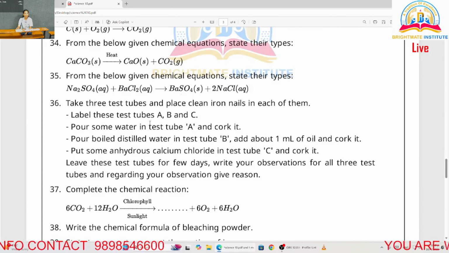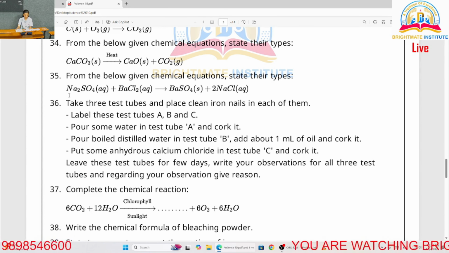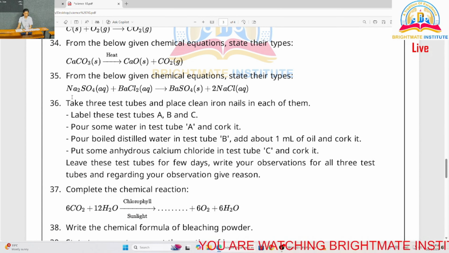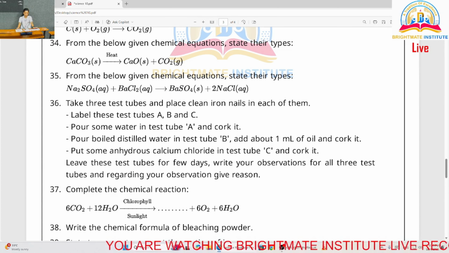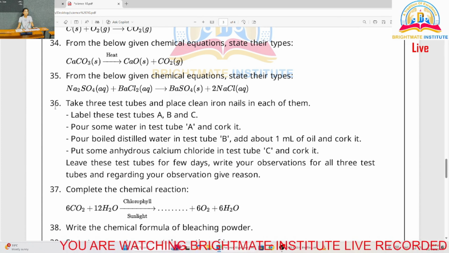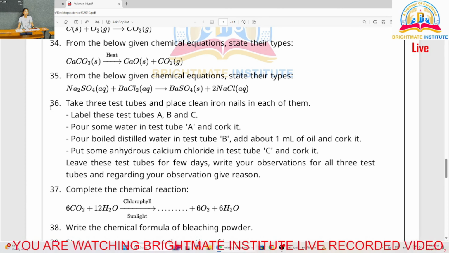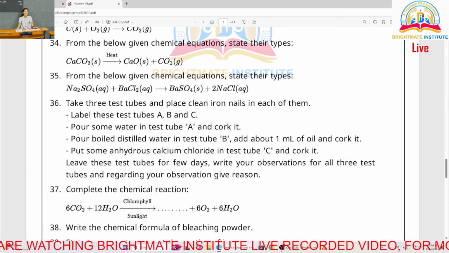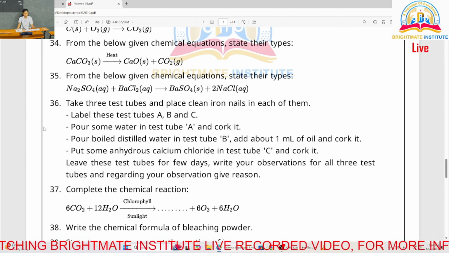35, from the below given chemical equation, state their types. That is Na2SO4 in aqueous form plus BaCl2 gives BaSO4 plus 2NaCl. So here precipitation occurs, and so this is known as a precipitation reaction. Now 36, that is